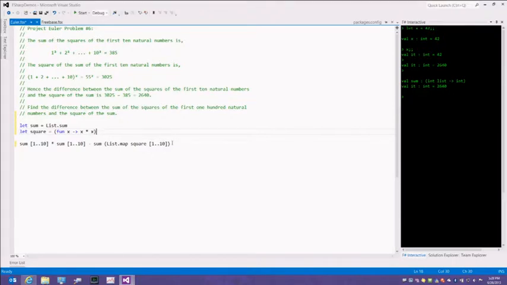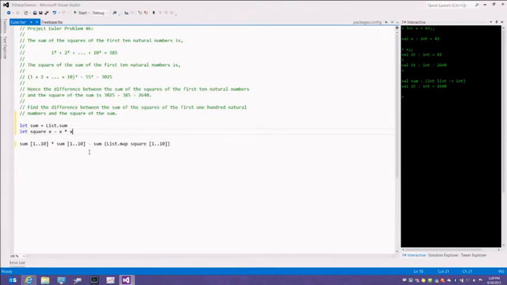There is a more succinct way to declare a function in F-sharp. Again, they're essentially equivalent. It's almost syntactic sugar for this form. But I could declare the parameter here, and then I don't need the boilerplate around it. I can just have the expression. And now that I've pulled this out,